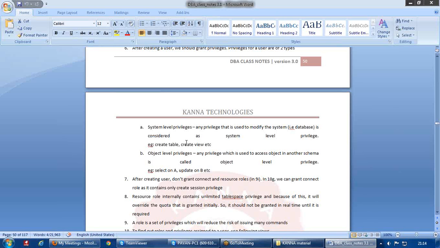If you have one schema with a table under it and you want to access that, you first need permission on that particular table. In such a case you would go for object level privileges. Examples are update on A, update on B, insert on C, something like that. So this is how it is going to work.